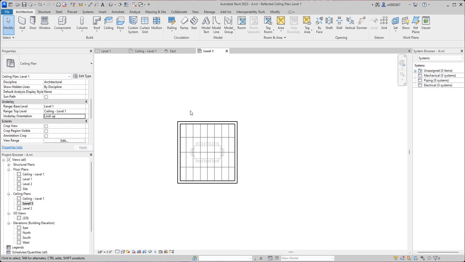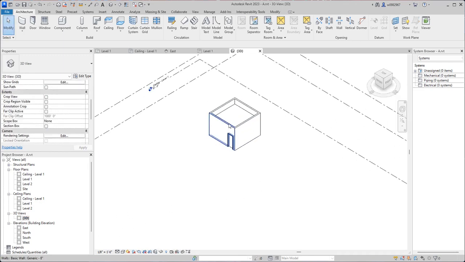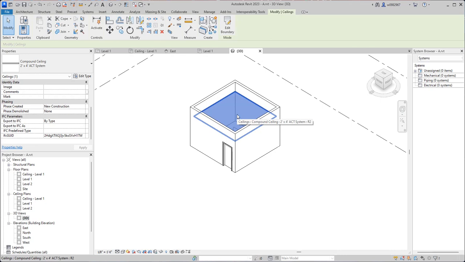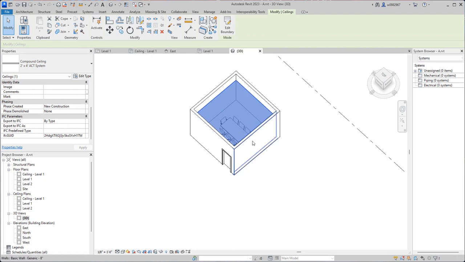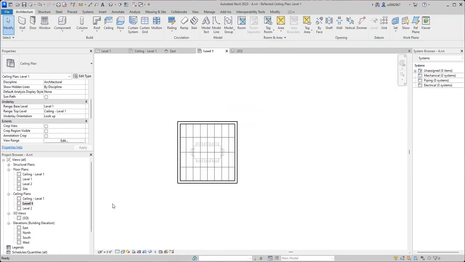So here's our ceiling plan. Let's go and look at 3D. Here's our ceiling. Okay, it's 2 by 4. The door, and we have that furniture. So we did it correct. What we wanted to do is use this as the architectural file to link in a model. So let's save this, and let's now create a new